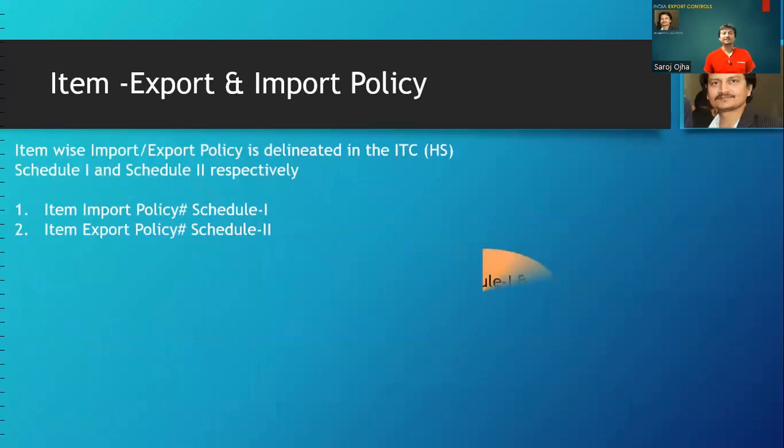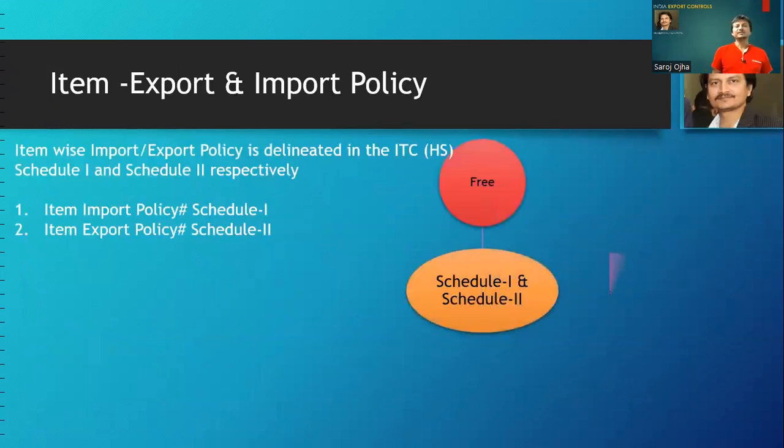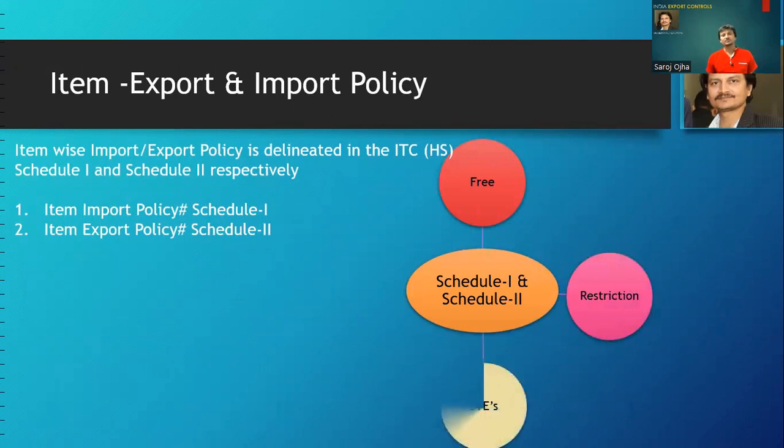So once the item is selected, then you need to find the associated export and import controls regulated by the Government of India on the item, and how you can find it. So from ITC-HS, schedule 1 for import and schedule 2 for export. What does the schedule consist of? The schedule tells whether your item, or the HS code associated with the item, is free, restricted,